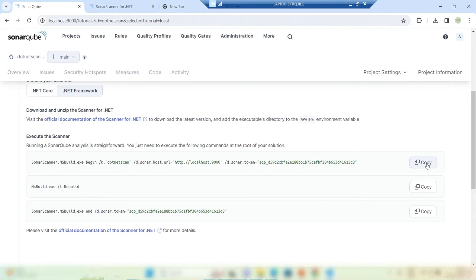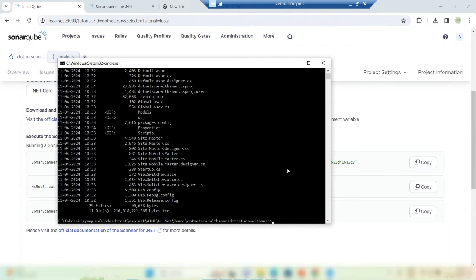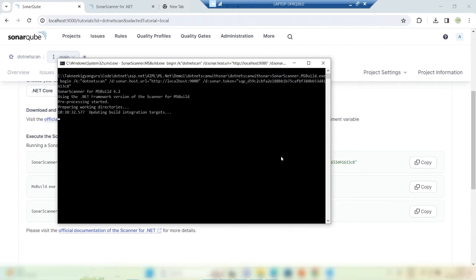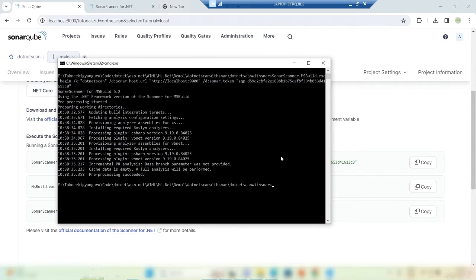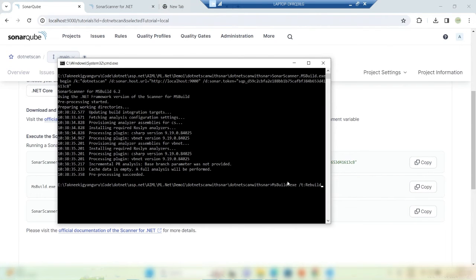So let's run this command in my command prompt, in the same location where the .NET project is. Let's say dir. Okay, the same location. CLS. Now I'm going to run this command. Okay, this succeeded. Now copy the second command and run it, and make sure that the ms build